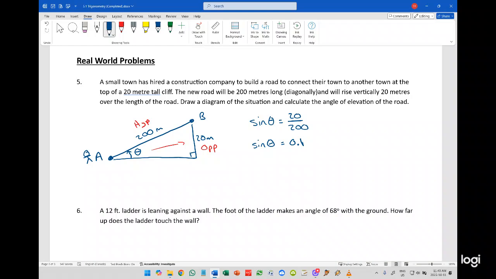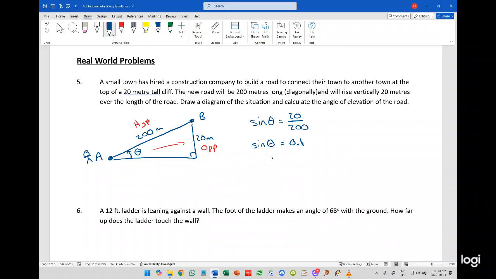And now you put the inverse sine into your calculator, whether that's an inverse button, shift, or second. I usually refer to it as inverse or second. Inverse because that's actually technically what it is, and second because that's what my calculator says. Either way, the inverse of sine for 0.1 is